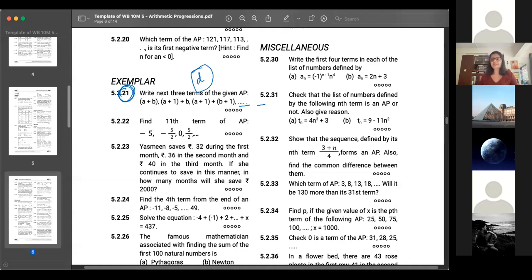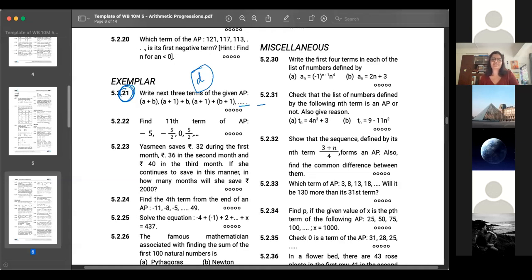Anirban, you just sent 1. What is that supposed to mean? Is that common difference D or is that the next? Common difference. हाँ, ठीक है. So next term आने के लिए you just do plus 1 and then plus 1. Then you can do A plus 2, B plus 1 and A plus 1, A plus 2, B plus 2. वैसे it keeps continuing. You just have to keep doing plus 1 for every term.